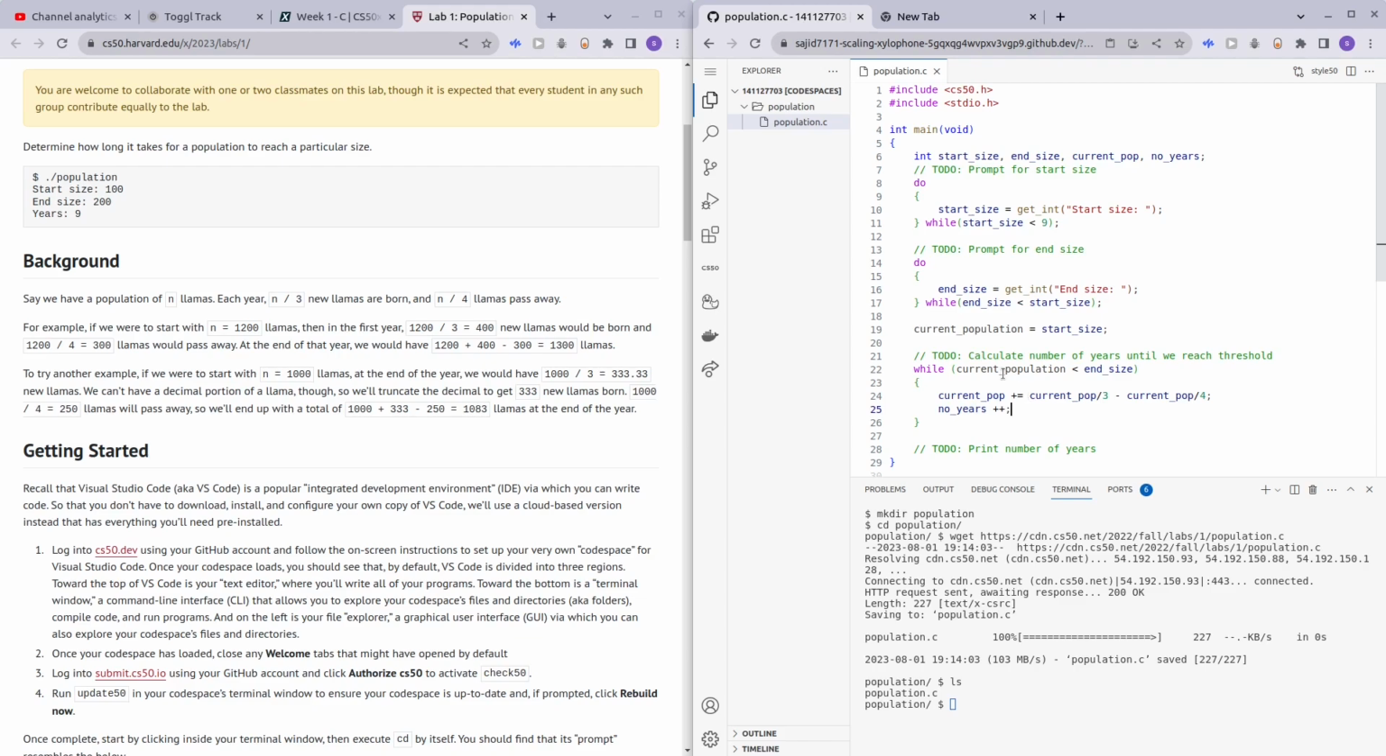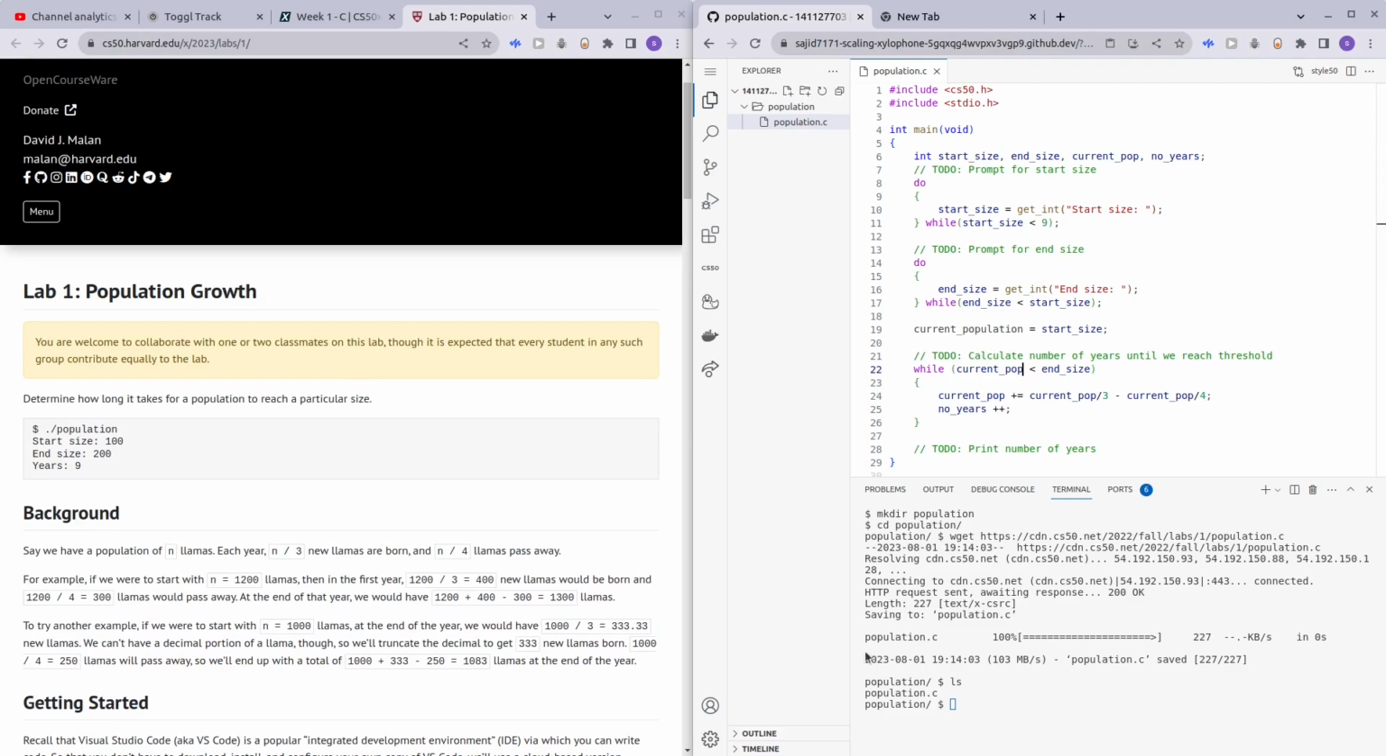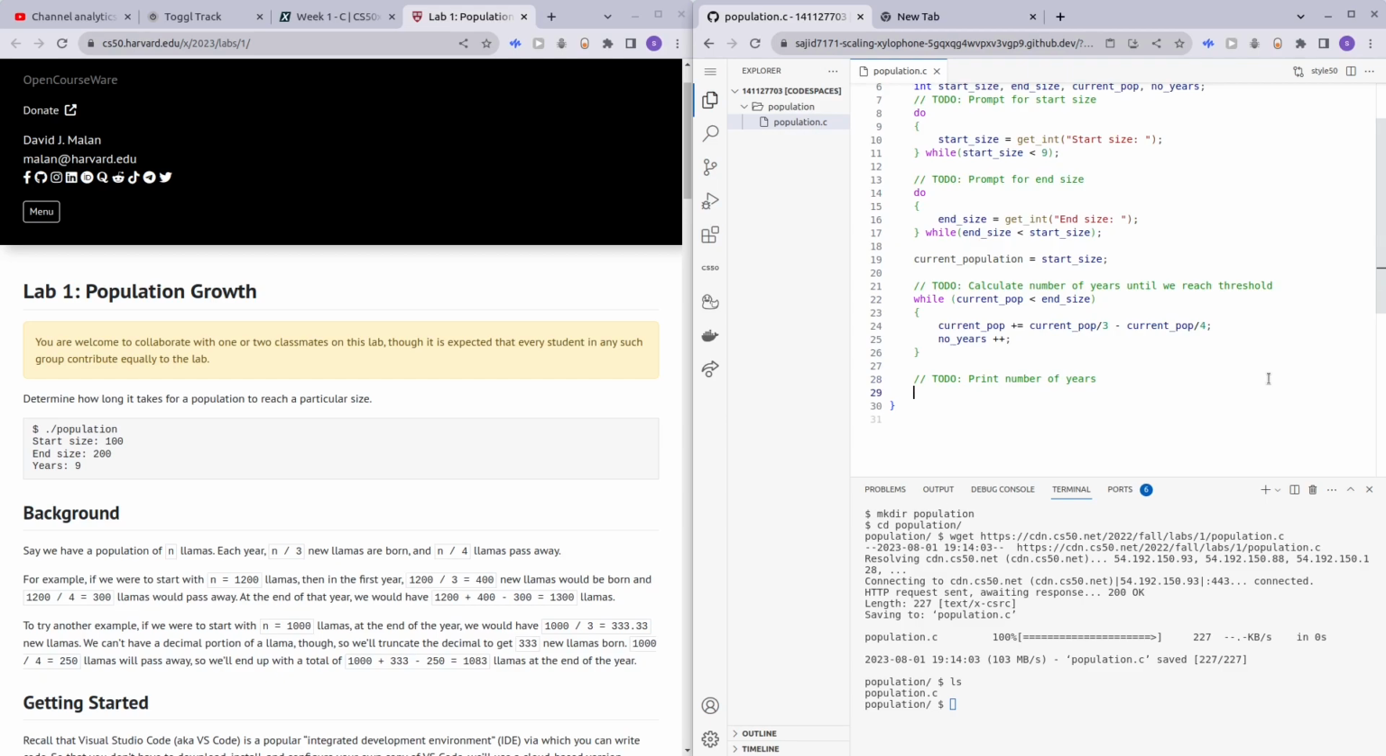Alright, so yeah, as long as the current population, I change this to pop instead. As long as the current population is less than the end size, we want this loop to run. And as soon as the current population is more than or equal to the end size, then we know that we have reached the goal of this program. So hopefully this works. Okay, before that, the last step is to print the number of years, which is going to be printf